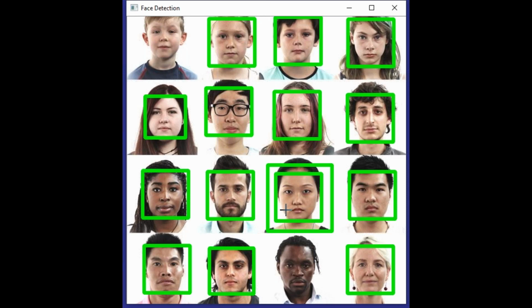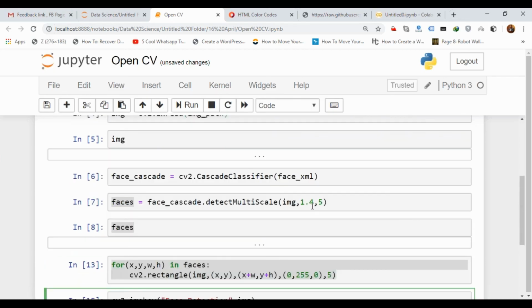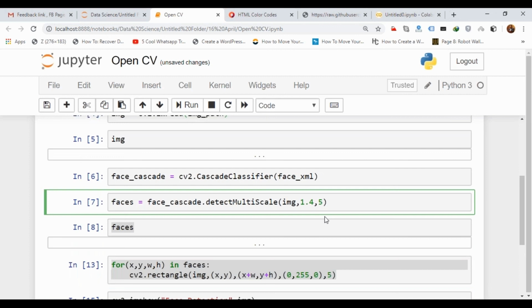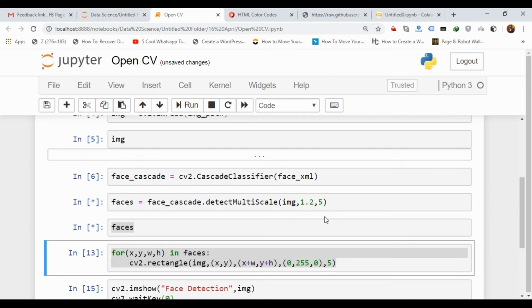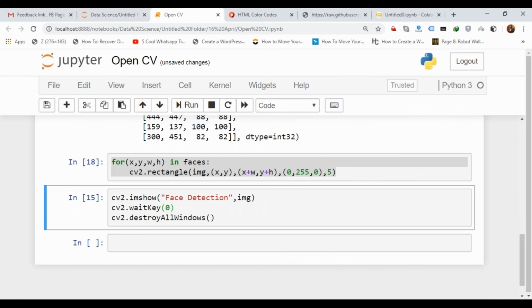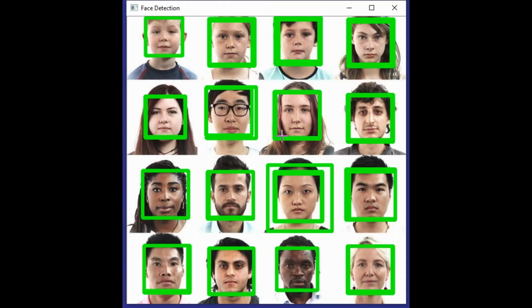So let us change this value to 1.2 and execute all the things again. Now we got the correct output. Got it? So this is how we can detect the face using the OpenCV library. Now I press any button, it will close.